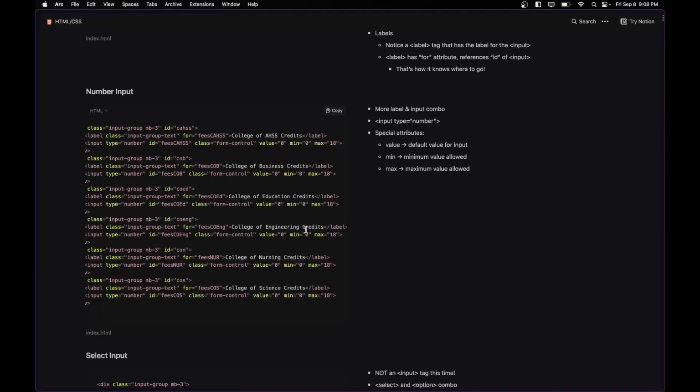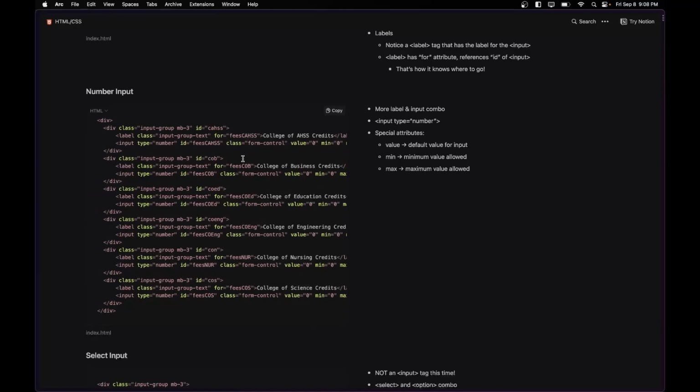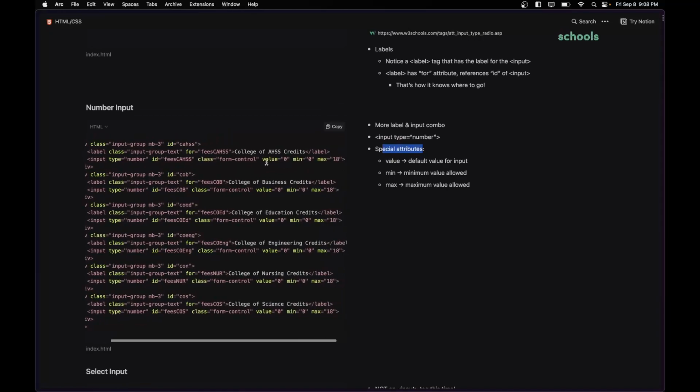And we're just saying that these are how many credits are you taking within each college. So we want it to have some number kind of input. So we're going to see input, but this time with type number. Some of the special attributes that you're going to see here are a value, which we've set to 0 for all of these because we want the default value to be 0. And then we can have a min and max value. So we can set it as minimum 0, maximum 18. So once we copy all of this section